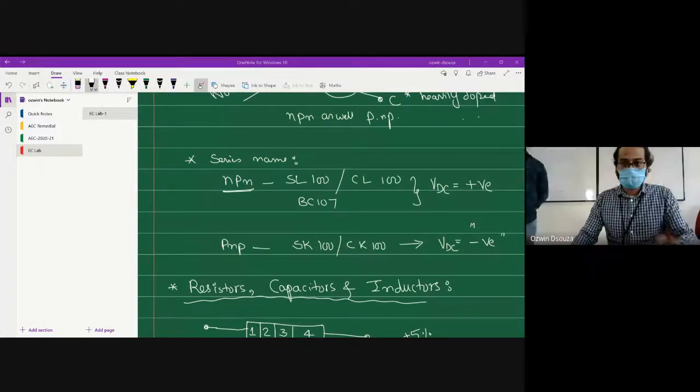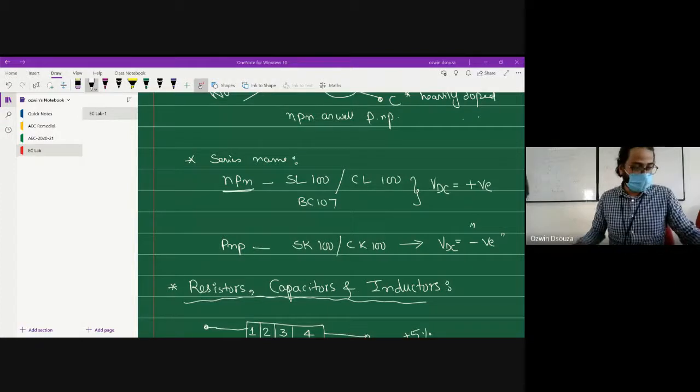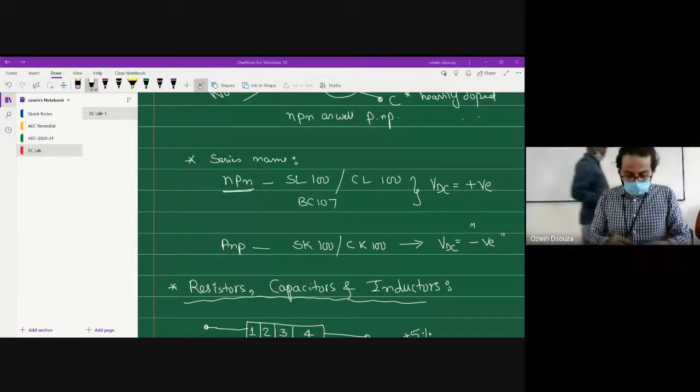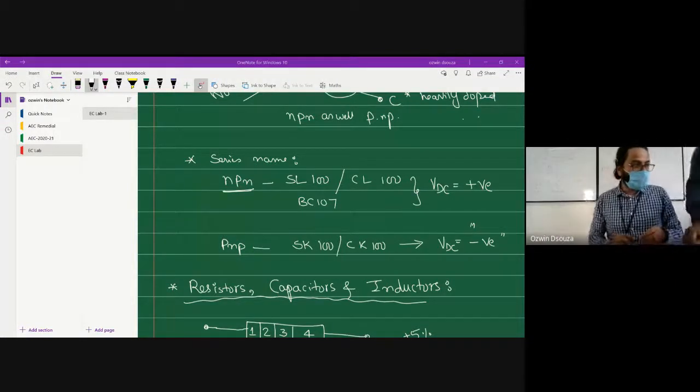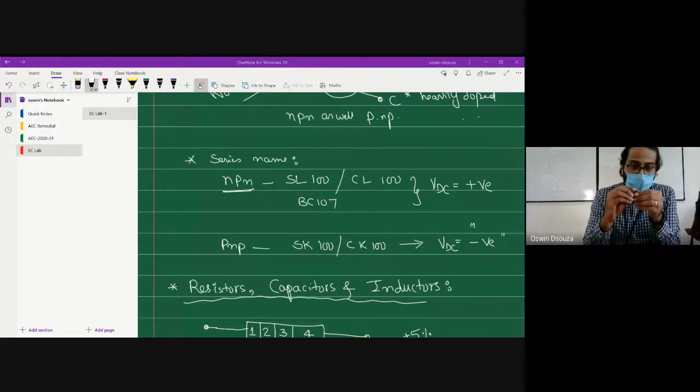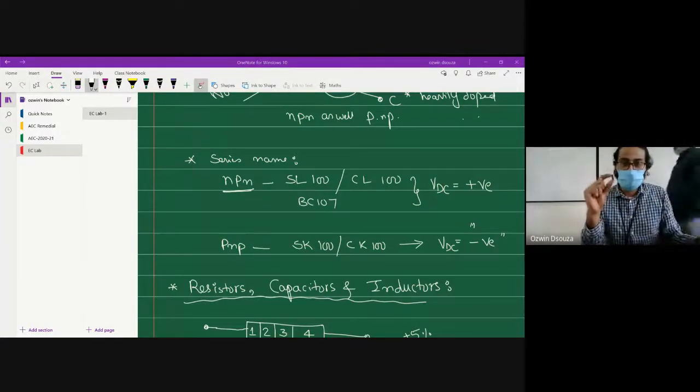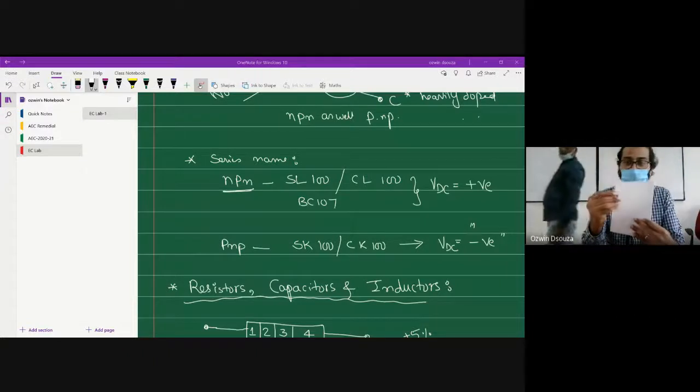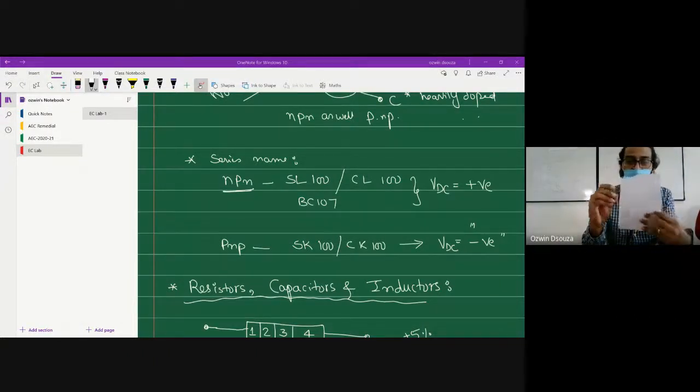All right, so that's about the frequently used components in the AEC lab. Now let us come to the DSD lab. DSD lab in detail we will deal with in the upcoming labs, but today let me just talk about a few fundamentals. Fundamentals as in not the theoretical aspect, the device aspect. So what is there in my hand?